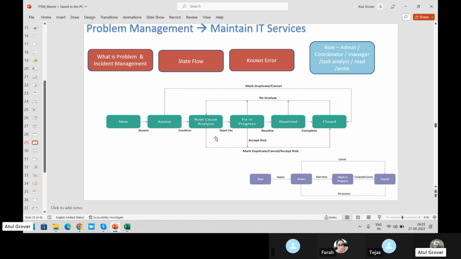And from the RC, you can go to closed if no RC is found. Like there's a case that happened recently. The submarine Titan: 5 people went into the depth of the sea to see the Titanic ship, and they did not come back. People are putting their thoughts: this can be the reason, that can be the reason.